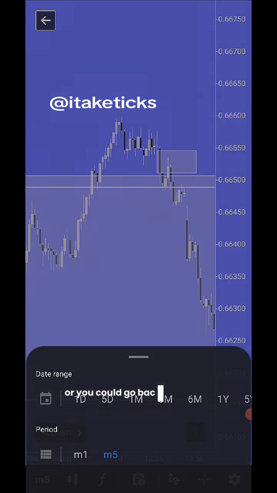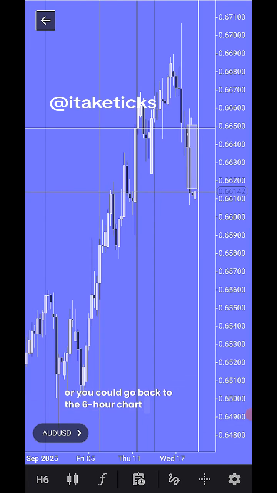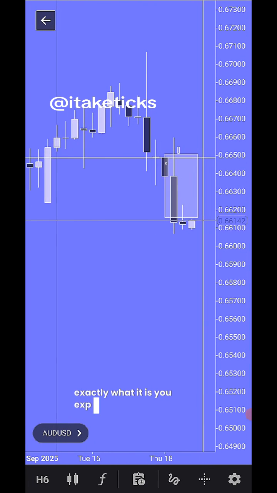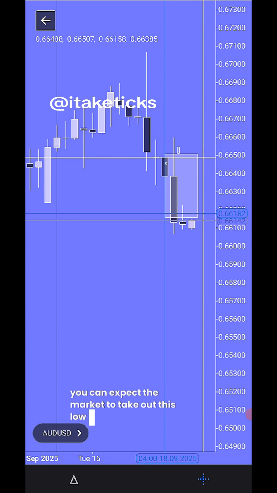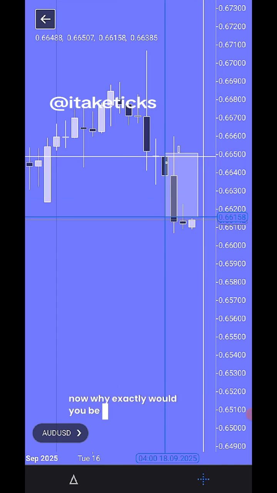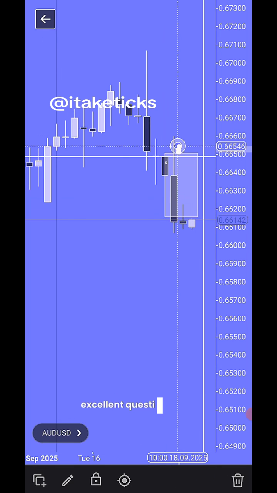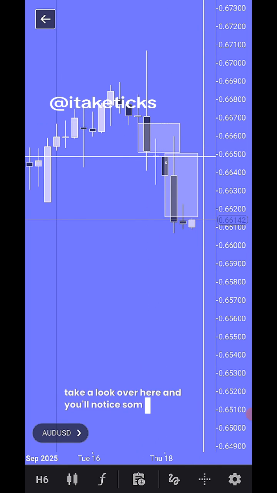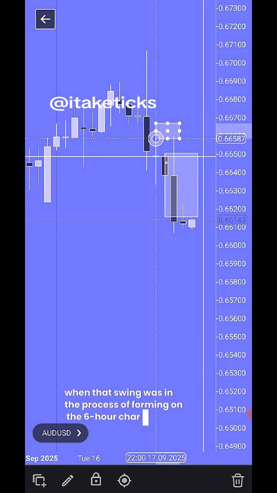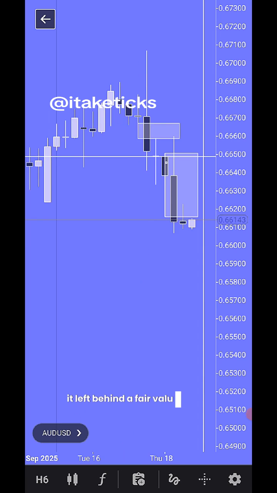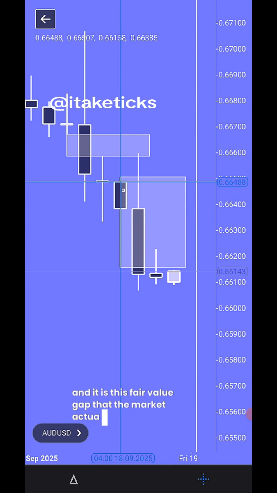or you could go back to the 6-hour chart and ask yourself exactly what it is you expect should be targeted. You can expect the market to take out the low of this candle here. Now, why exactly would you be expecting that? Excellent question. Take a look over here and you'll notice something else happened when that swing was in the process of forming on the 6-hour chart. It left behind a fair value gap, and it is this fair value gap that the market actually tapped into